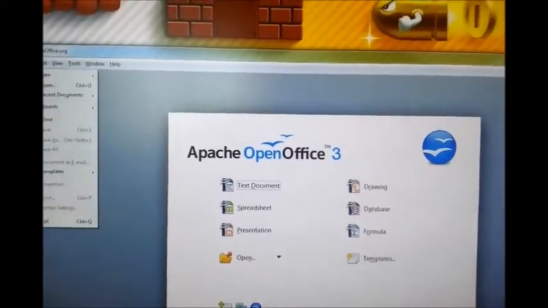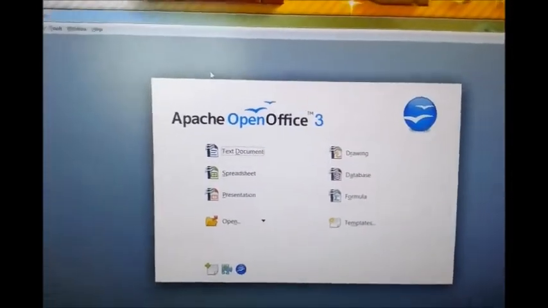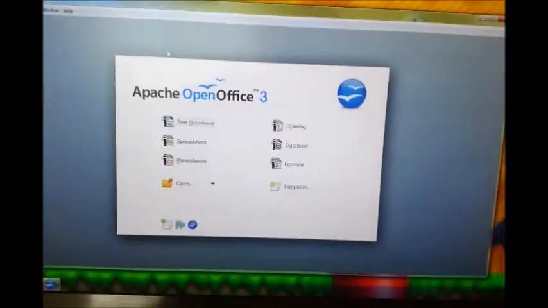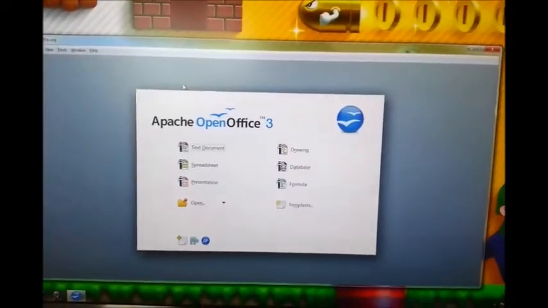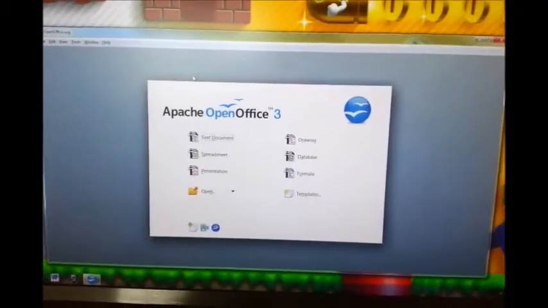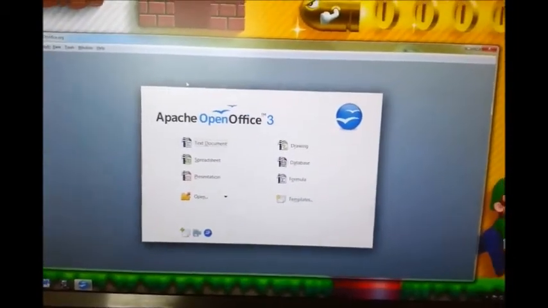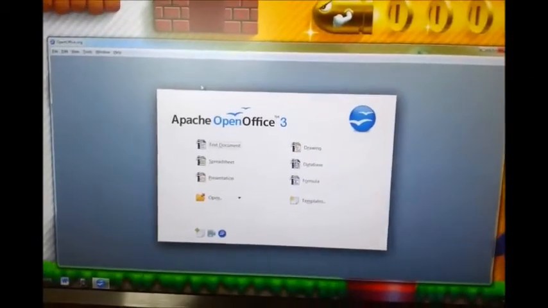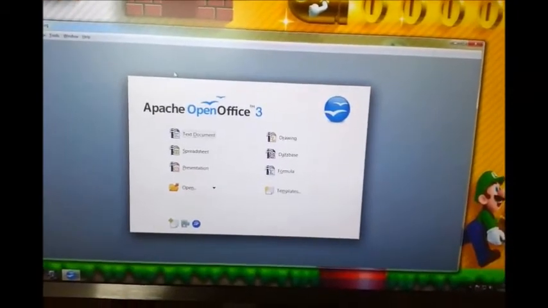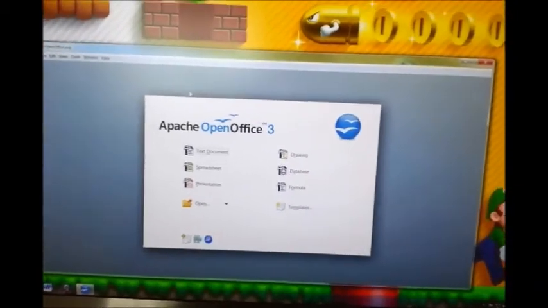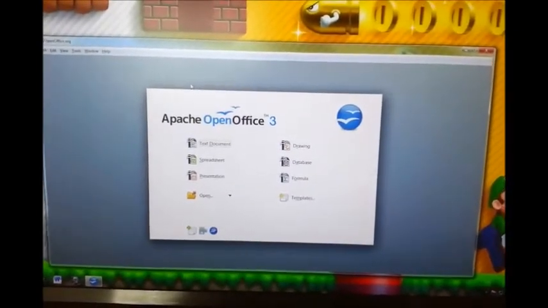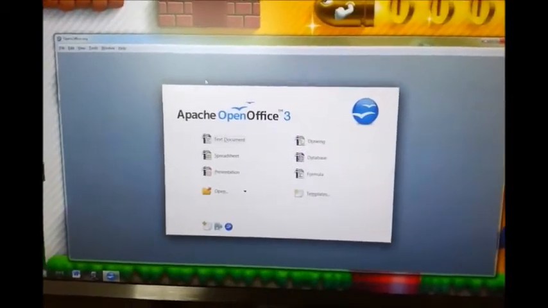Of course, if you are an experienced user in Microsoft Word, then you will not have any problem with using this OpenOffice. If you are a beginner, then I would advise you to read some instructions on how to use OpenOffice, or contact the OpenOffice manufacturer, which is Apache, and ask them a few questions on how to do whatever you want to do. And for even more experienced users, you'll know how to record macros and everything, so you probably won't need any